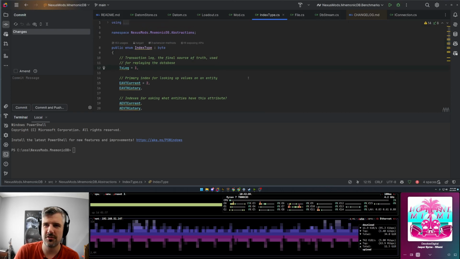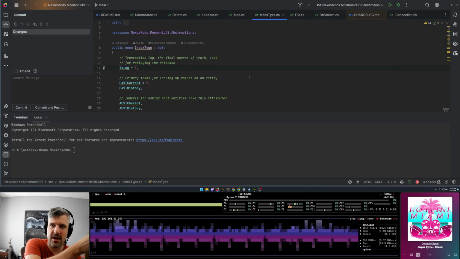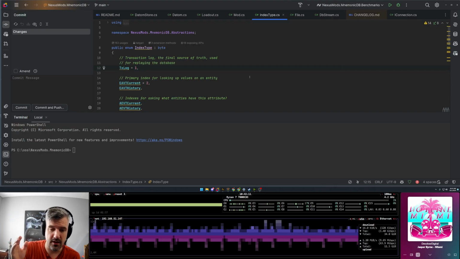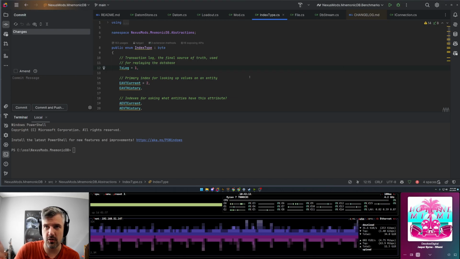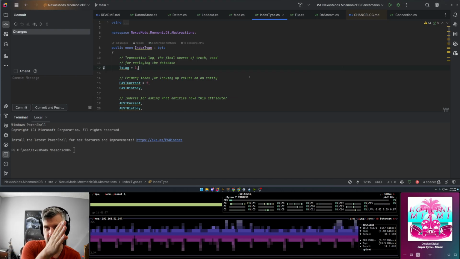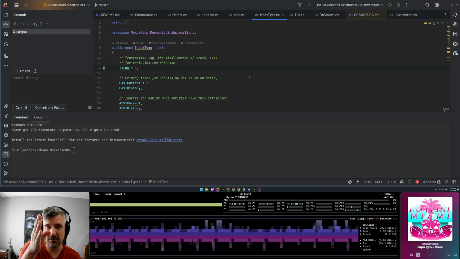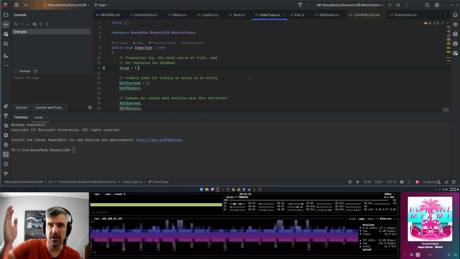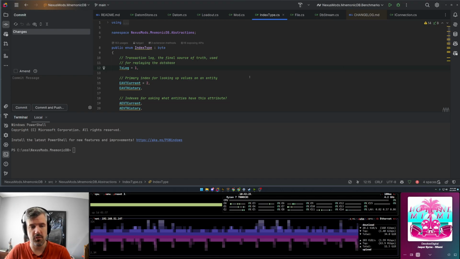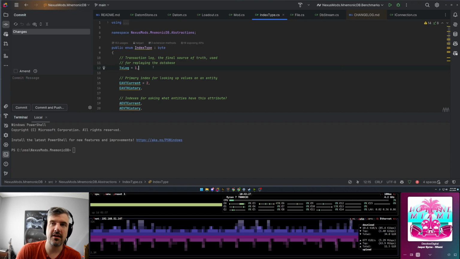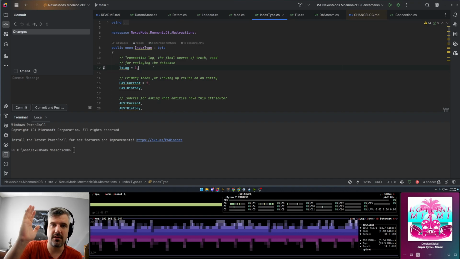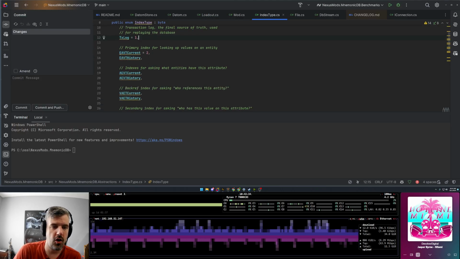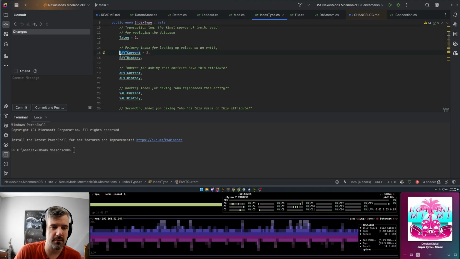txlog, which is essentially just the transaction ID comes first. In this system, the transaction ID is a monotonically increasing U-long. So it starts at 1, and the first transaction has ID of 1. The next one has 2, 3, 4, 5, 6, and so forth. They go forward in time. So the TX log is sorted first by the transaction ID, and then the entity, and then the attribute, and then the value. All the rest of these are sorted in the way you would think based upon the name.